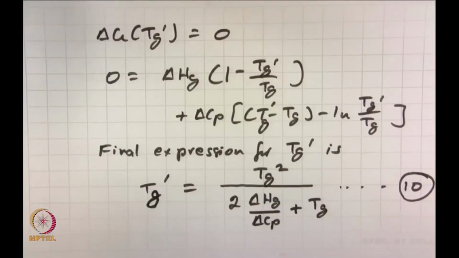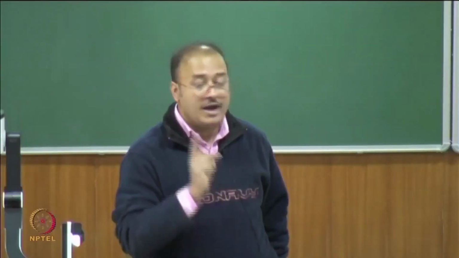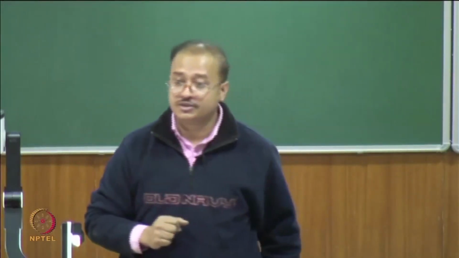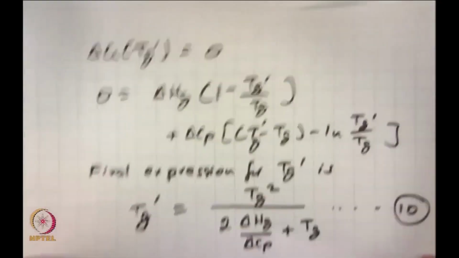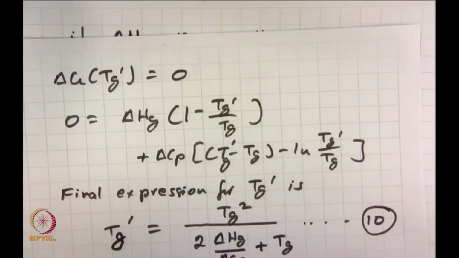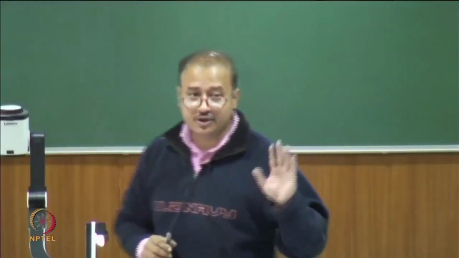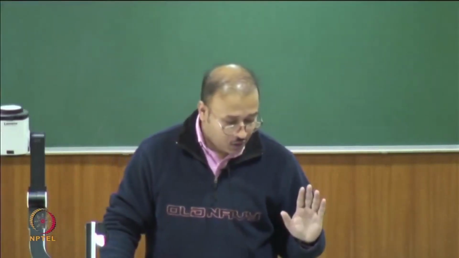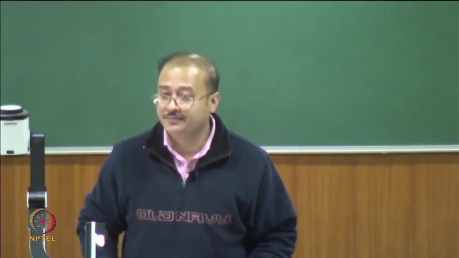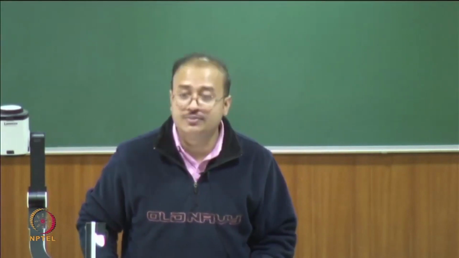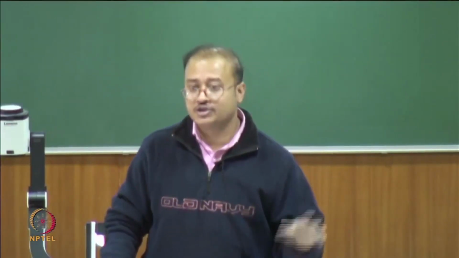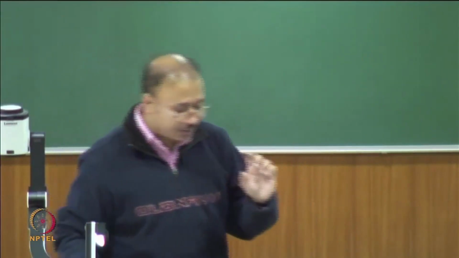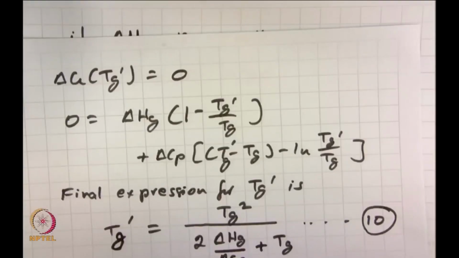It tells you what Tg prime, the cold denaturation temperature, depends upon, and knowing Tg, you can actually guess what Tg prime is based on this equation. Okay. So, we have seen two different midpoints, one is the Tg and one is the Tg prime. What we will mostly focus on in this course is Tg, because it is easy for us to handle. Tg prime, as I said, its window is not that easy to deal with, and so we will not do that. But I will give you just a small hint at how people try to bring Tg